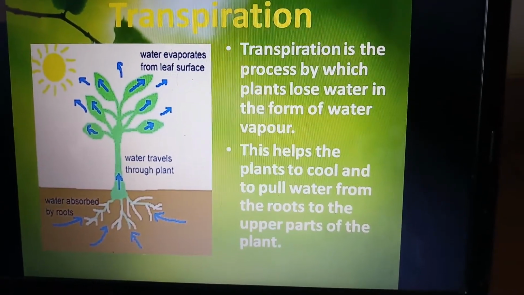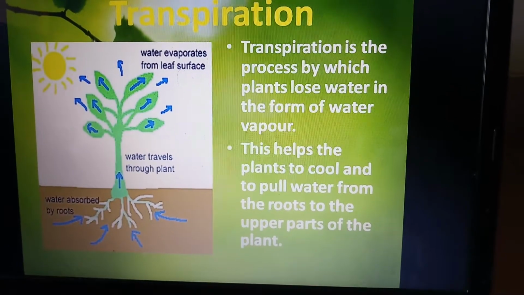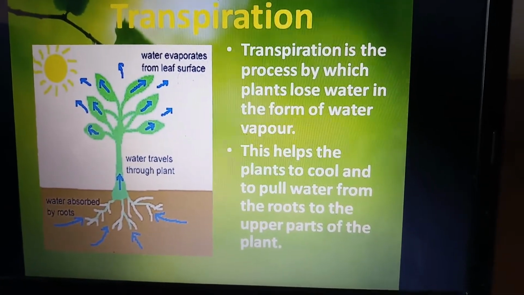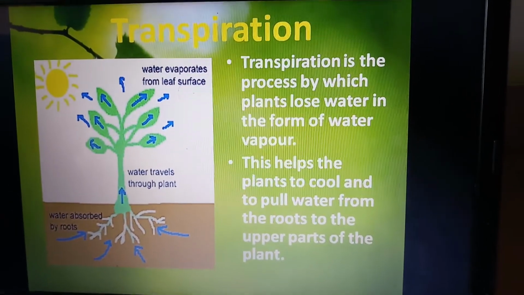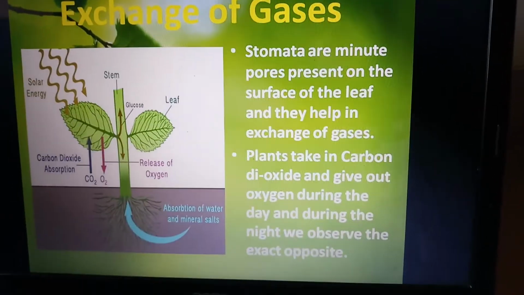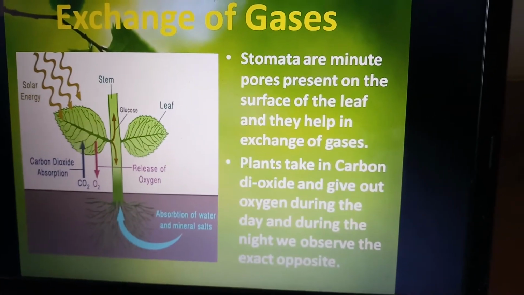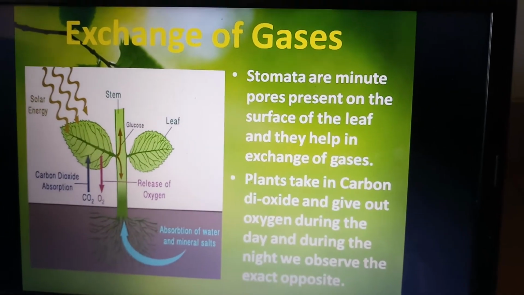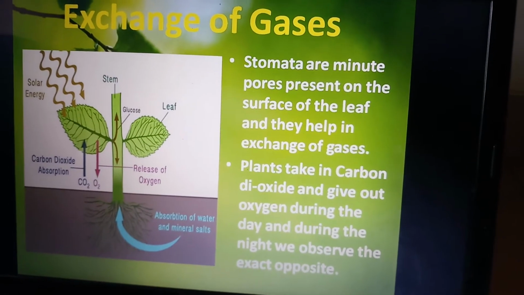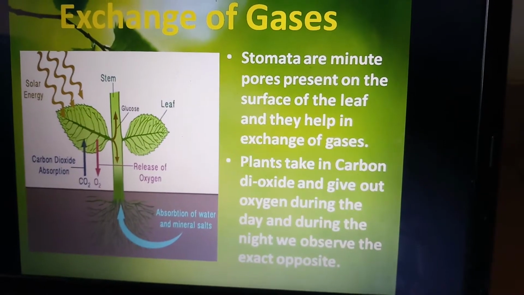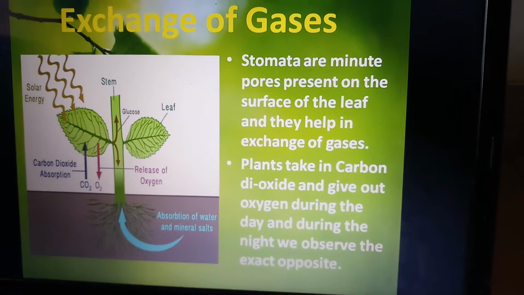So transpiration helps the plants to cool down, and also it helps the water to be pulled from the roots to the upper parts of the plant. The next function of the leaf is exchange of gases. So we all know that plants give out oxygen and take in carbon dioxide during the